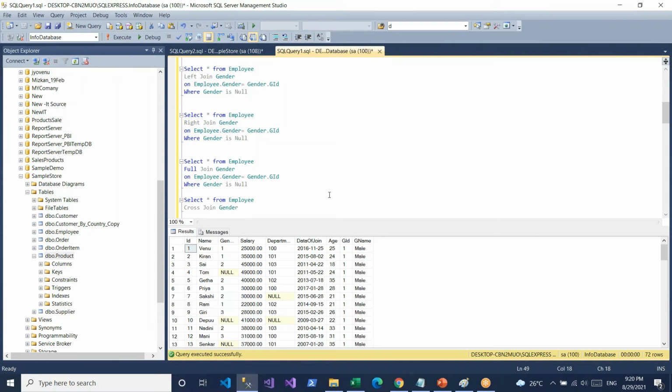Is there any concept on constraints? Yes. We'll see the constraints in the next session, because we need to check the seven or eight types of constraints we have. I think 7 types. We'll check in the next session. And one more thing, what is the difference between foreign key and primary key?